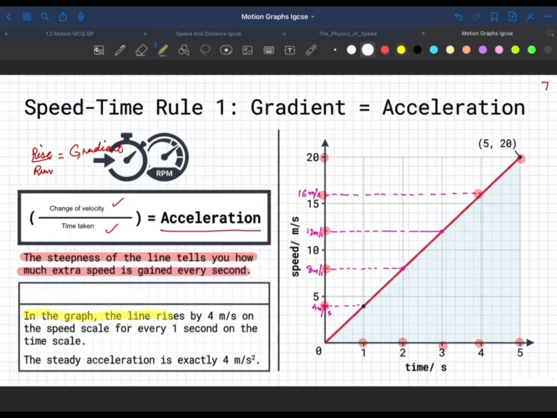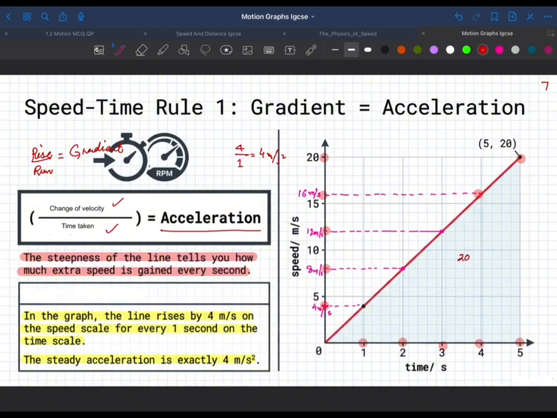In the graph, the line rises by 4 meter per second on the speed scale for every 1 second on the time scale. The steady acceleration is exactly 4 meter per second square. Now the simple thing is that each time you have 4 rise and 1 second is the run, so 4 meter per second square. But basically when you go for the calculation, you will do in this way that